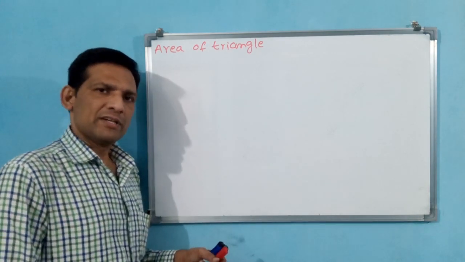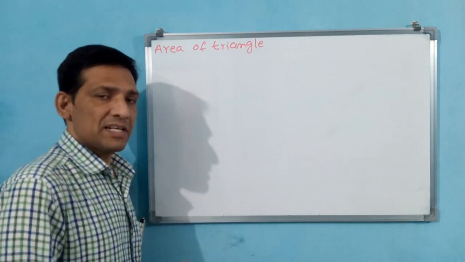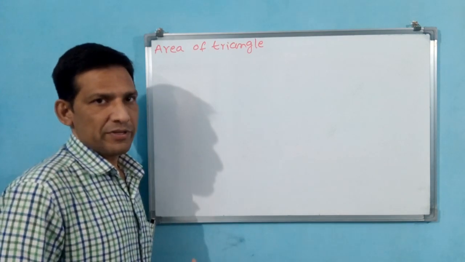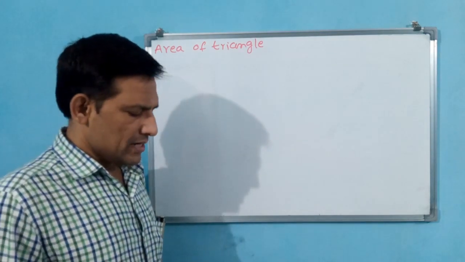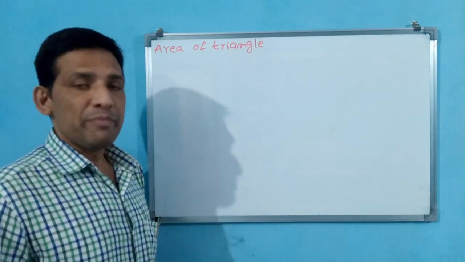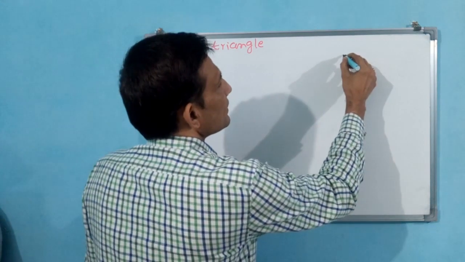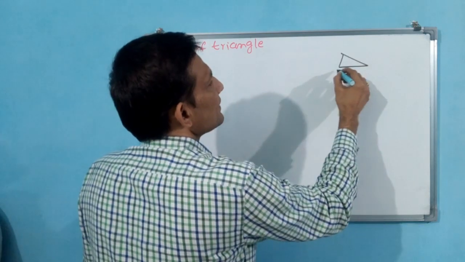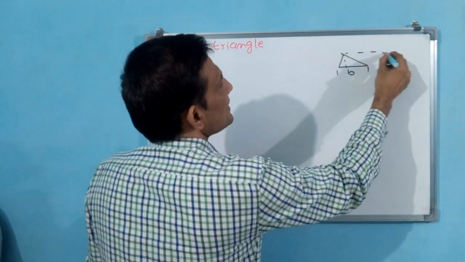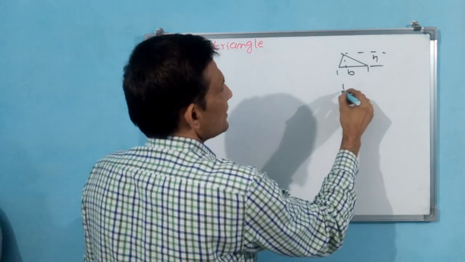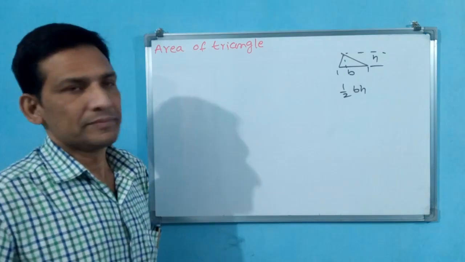In that video only, continuation. And in the next video, separate 4.3A, like that we will write, and we will do from the second question onwards in that class. Okay. Let us see what is the area of triangle, how to know. Already from basics we learned. If this triangle is there, then this will be base B and this will be height H. Okay. Then half BH will be the area of triangle.